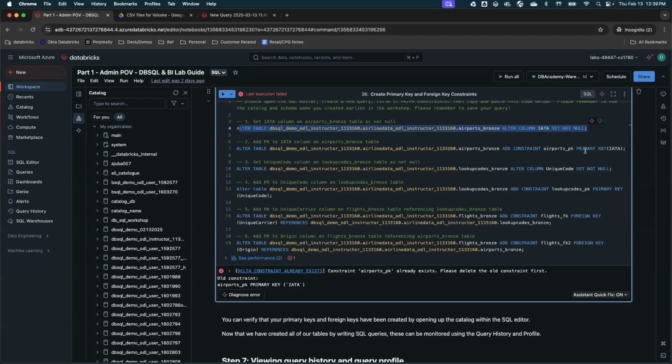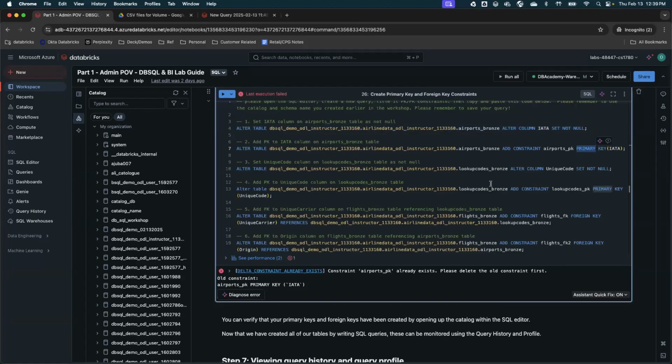Usually when you try to set a primary key column on the table, it will prompt you an error saying that this column is null and you cannot set a primary key. To avoid that error, you can add not null onto the specific column to make sure it is not null, and then add the primary key.